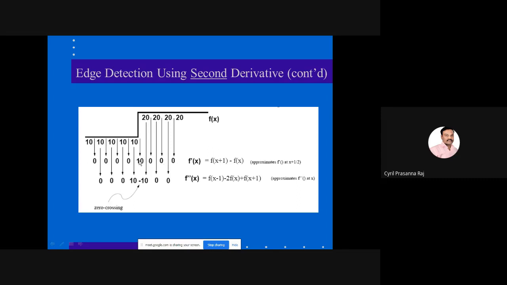But now when you get a 10 here, you may not know whether to consider the edge on the right hand side or the left hand side. So you have to consider the edge in between these two, and somewhere it may be here. But that is not the case when you take a second derivative. It very clearly tells that the region between 10 and 20 is where there is an edge. So that is the advantage of using the second derivative.